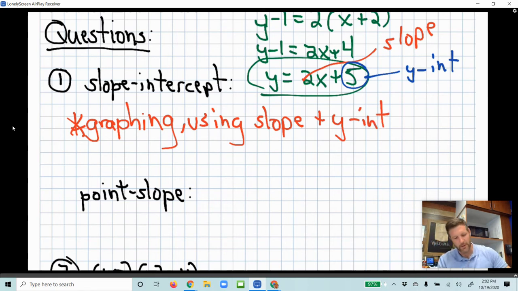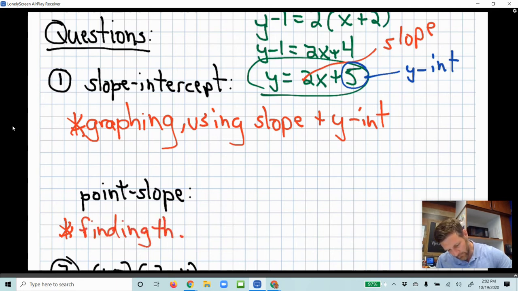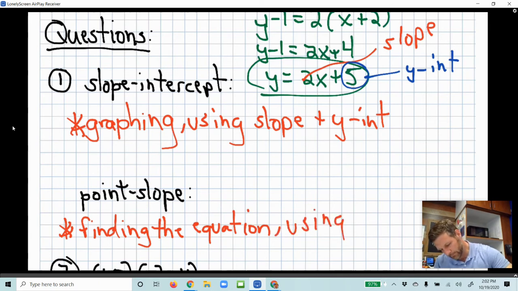Okay, pretty simple. Whereas the point slope form is for finding the equation. Okay, using the slope